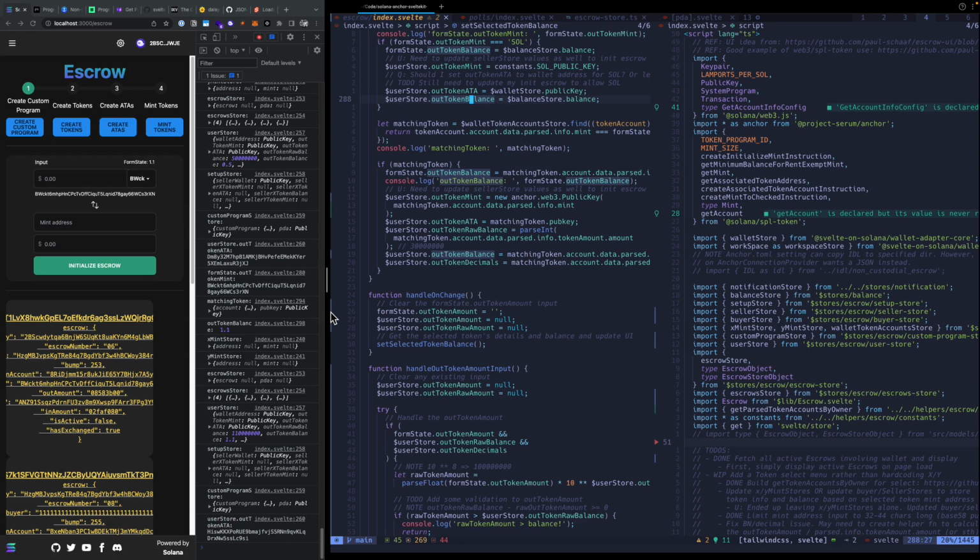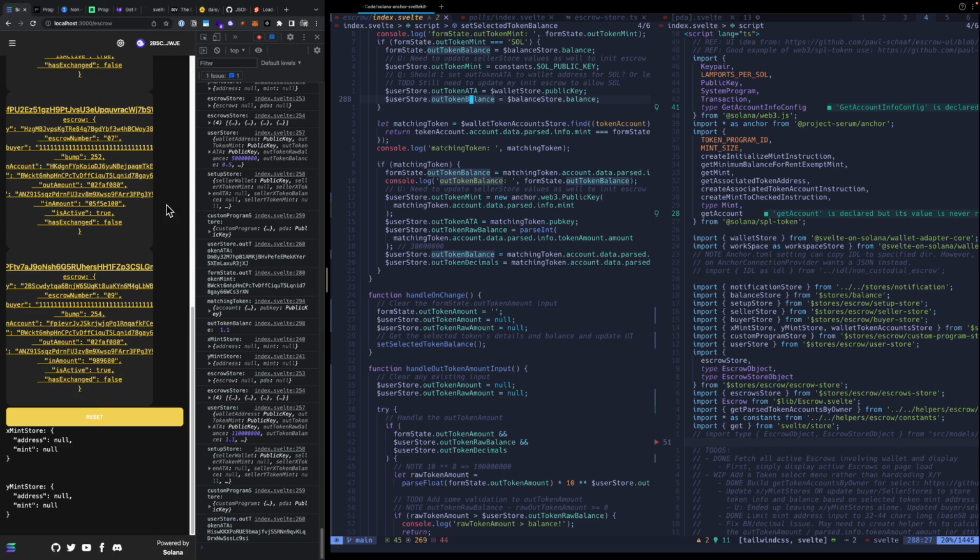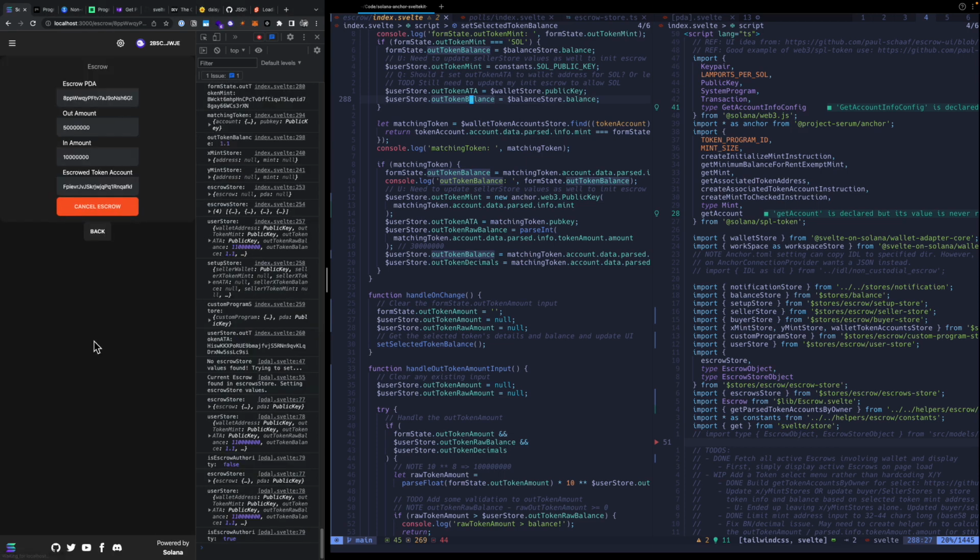So yeah, that's cool. I think it's working. Obviously I need to continue testing this, but it's something that I most likely need to add to these other instructions as well. So while I'm at it, about to take a little break, but out token balance, like these things